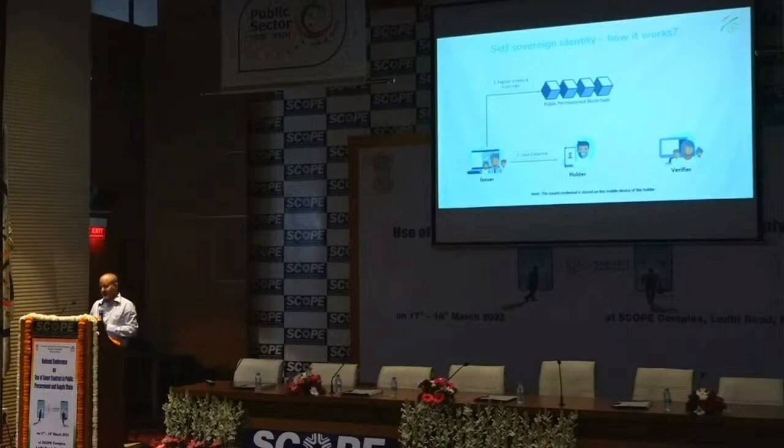Now let's say the holder needs to go to a verifier. The verifier, let's say, wants to verify his PAN card. So the verifier obtains the data from the verifiable credential, the DID, what we call the data identity definition schema. Then the verifier will look at the issuer and go to this blockchain and check the schema and the public key of the issuer. And once he has the public key of the issuer and the schema, he can interpret the data and also check the signature on the